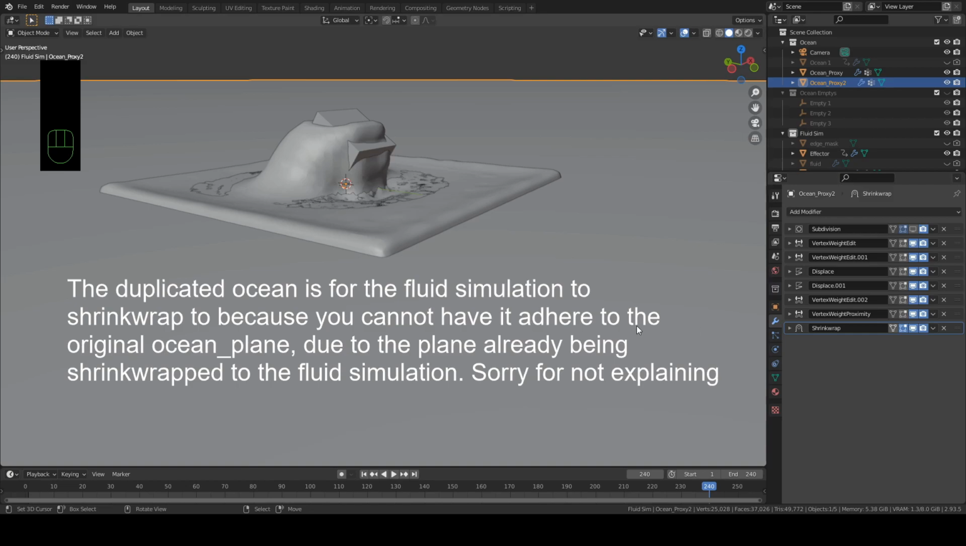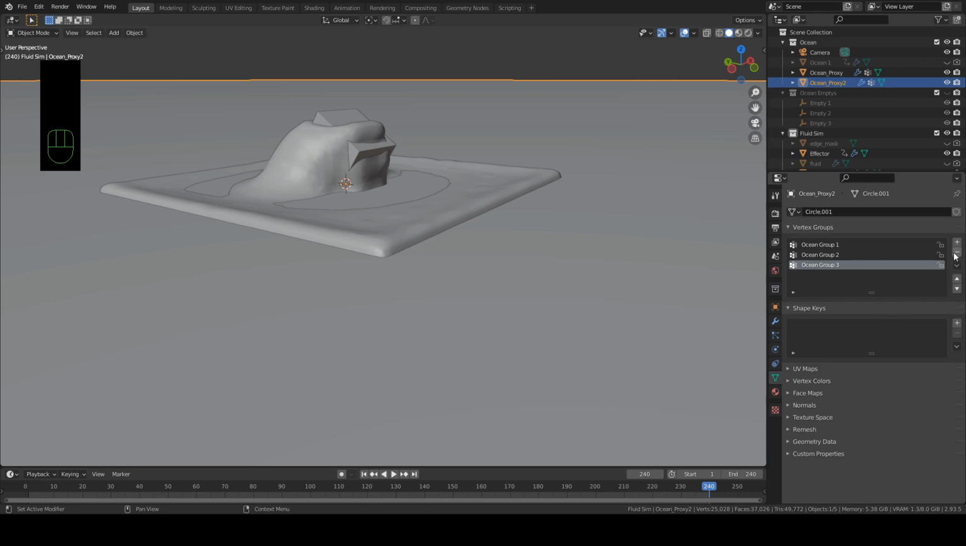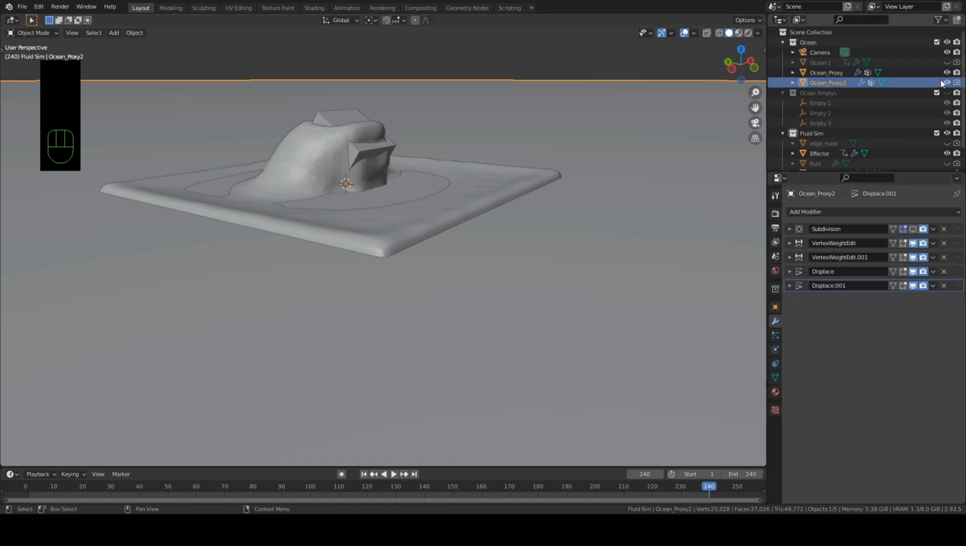I want to delete the shrink wrap modifier from the second proxy. And the two vertex weight modifiers right here, delete them as well. And come over here and delete my third vertex group. And I don't want this to render, so I can turn this little camera icon off. And now I can hide this. Now,